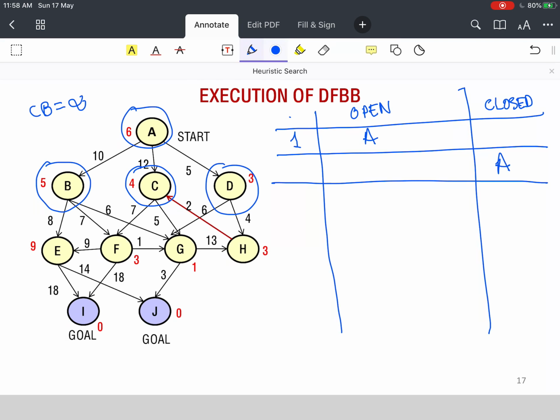Now I generate these three children, B, C and D, and I know that B has an F value of 15, C has an F value of 16, and D has an F value of 8. Since I put them in this order, I will remove B and put it in closed. And then I will generate and put the children E, F and G in the beginning of open.